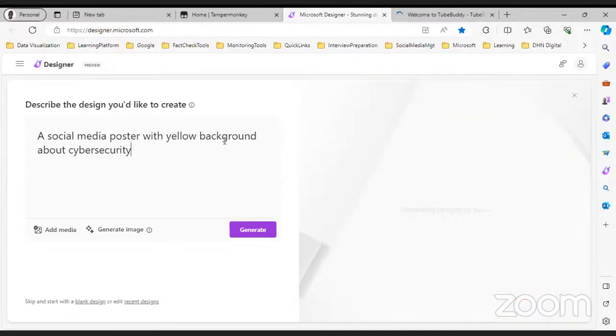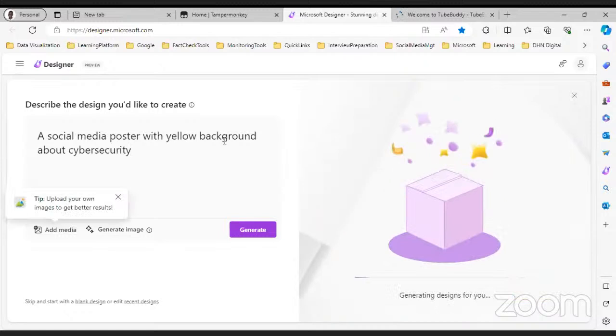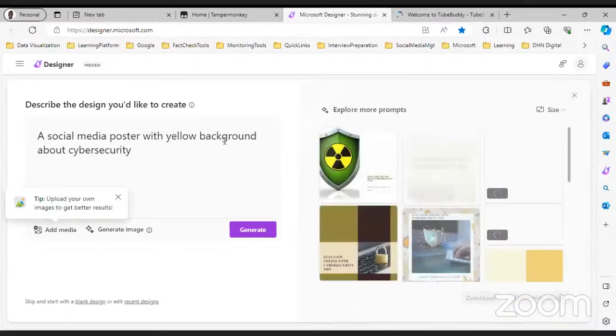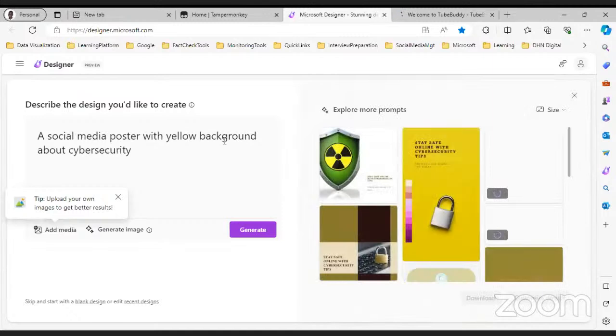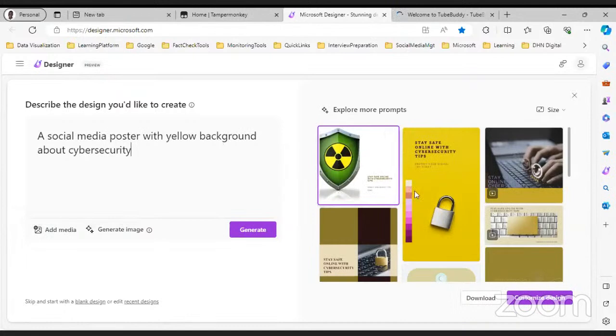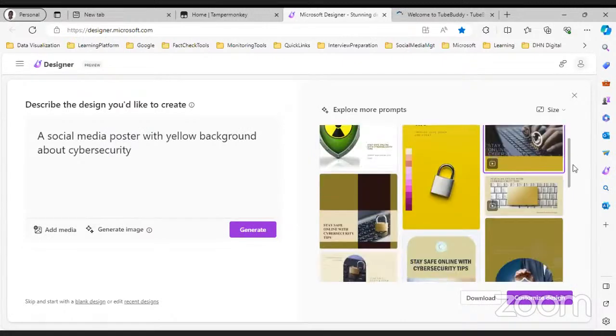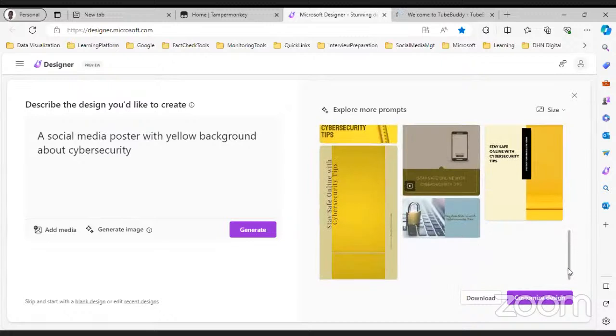Then I click generate. It will attempt to generate designs. You see? So these are designs that it has created. You see here? Cyber security. This, you see? So then you choose which one works for you.